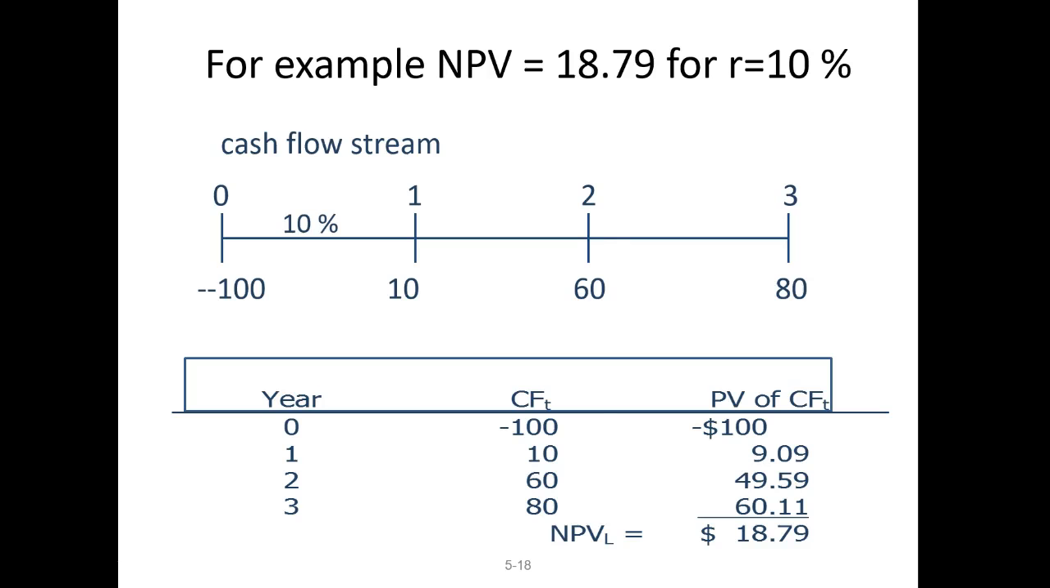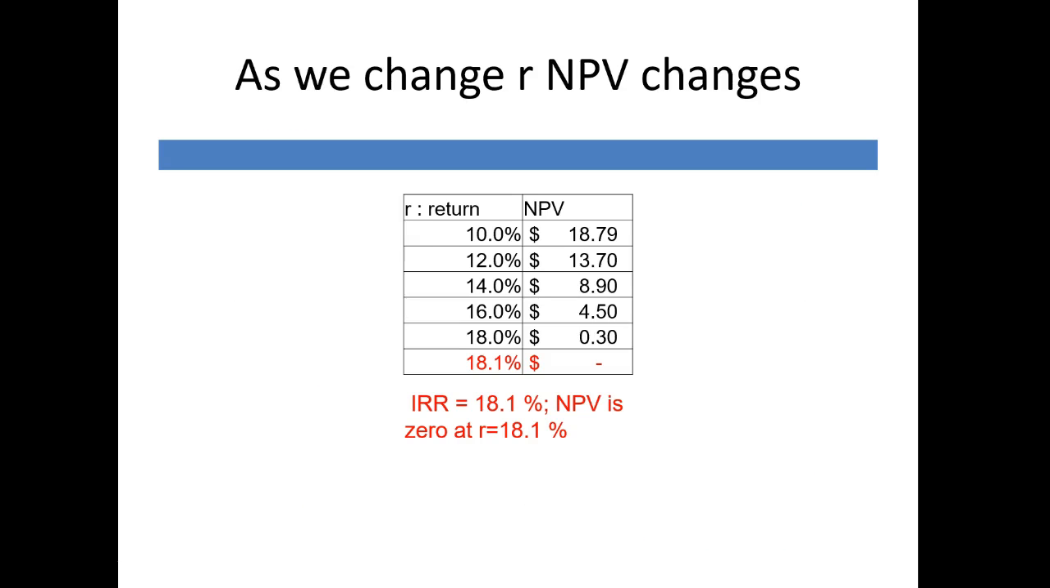So if I do that for our example, if I start with 10% of discount rate or the hurdle rate, our NPV is 18.79. If I go in and do the calculation again, but use 12%, my NPV will drop to 13.7. So as I continue, at about 18.1% R, the NPV is 0. This 18.1% is called internal